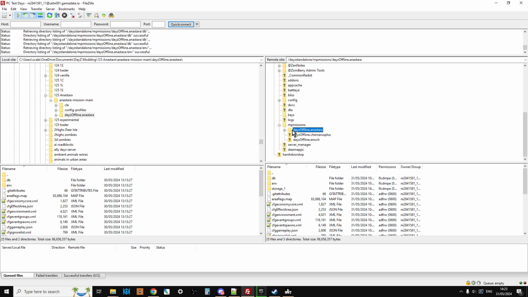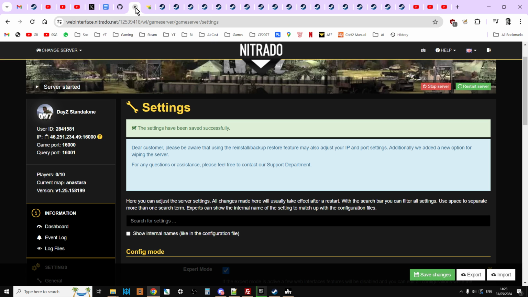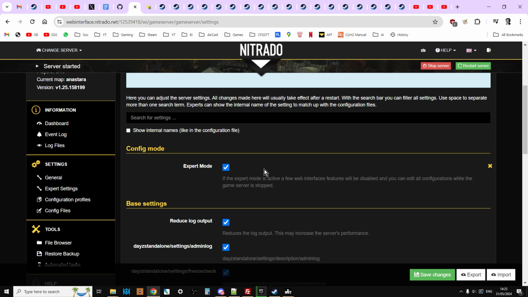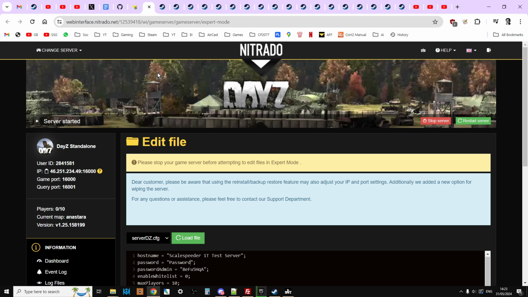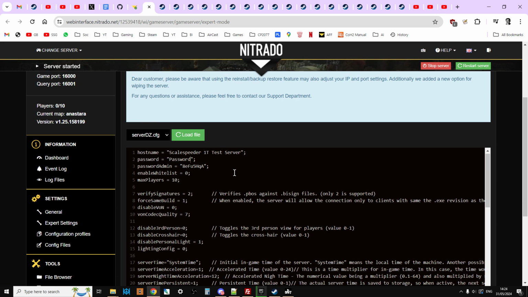So we've uploaded the mods, we've uploaded the keys, we've uploaded the configs, we've uploaded the mission file. Now we need to go in and set up the server so it will run as we want. So here we go. I'm on my settings for my Nitrado server, and I've set up expert mode, which we want. And then if you go into export settings down here, when you scroll down,